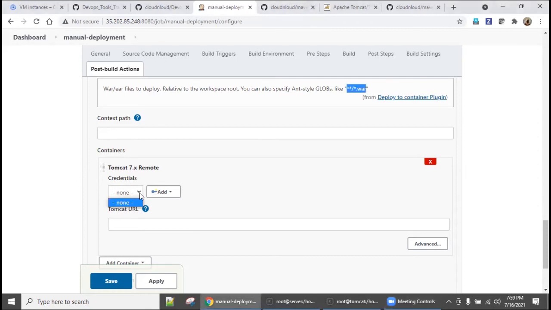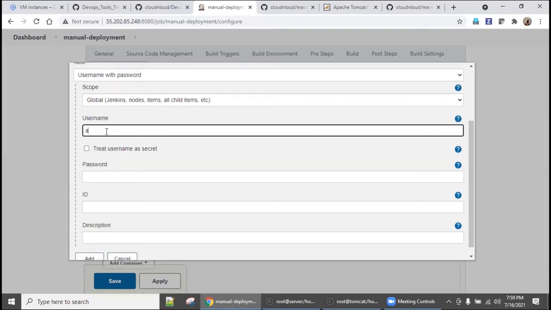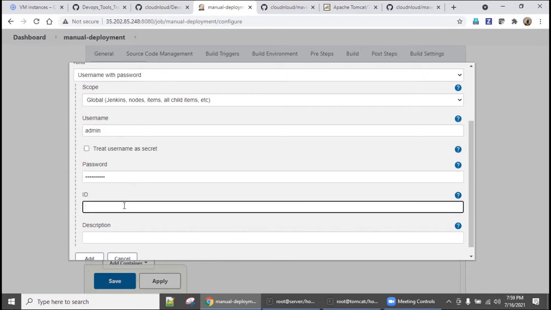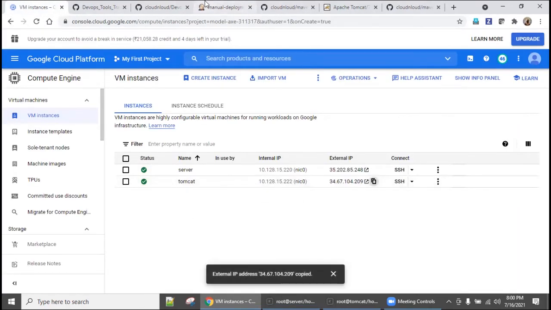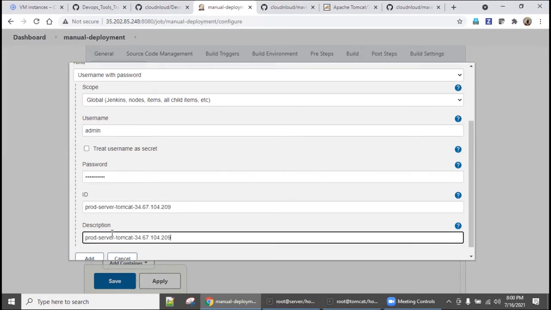So we are going to say add Jenkins and username, password. Username is admin, password is admin. This is the username, password. But to make sure, there are a lot of passwords you will key in. So make sure, what is the IP address of this machine? Say for example, this is the machine, but you know some name of this machine, you key in, say production server Tomcat. Okay, like this. So I will tell you what is the purpose of giving like this.